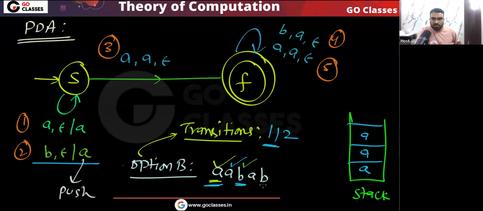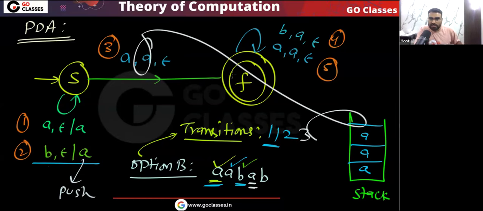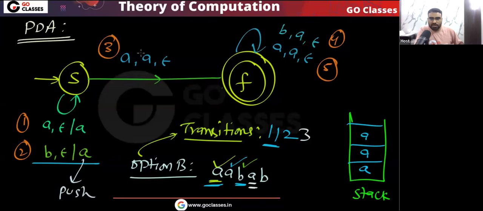Now what I can do, notice. Now for this A, I can take transition 3, because in transition 3, we are reading symbol A. On the stack, there must be symbol A on top of the stack. So this symbol we will pop, and there is no push. So basically this symbol will be gone. Is this clear? This will be gone.